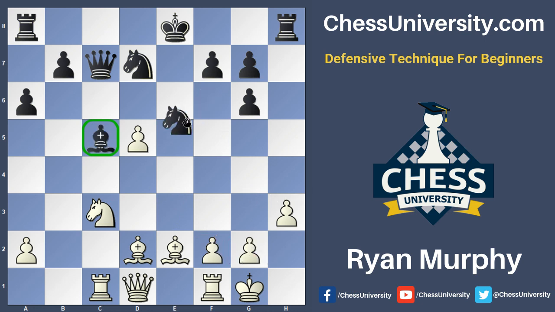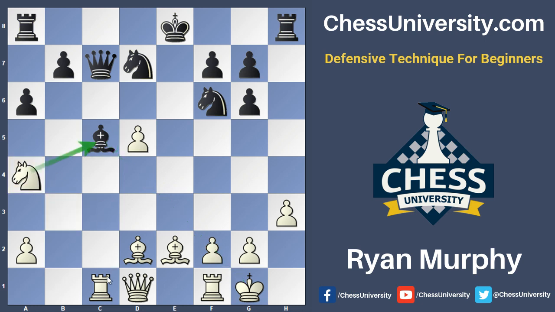Other captures, like knight takes d5, is ridiculous, because the knight will just take back, so that's nothing either. But then we look at other captures, and we see this very strange move, rook takes h3, which is quite dangerous. At least in the sense that it leads to at least a perpetual against white's king. So I failed to appreciate this, and I played the move knight to a4,